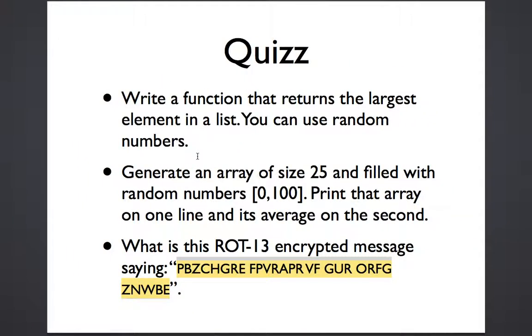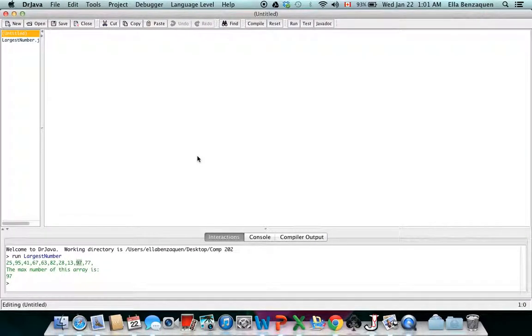Now the second question asks us to generate an array of size 25 and fill it with random numbers 0 to 100, and print that array on a line and its average on the second line. So kind of similar to the first question, but this time we'll mix things around a bit and we'll use two methods, just to practice. We'll call our second method